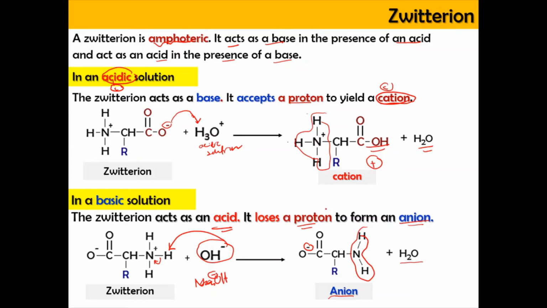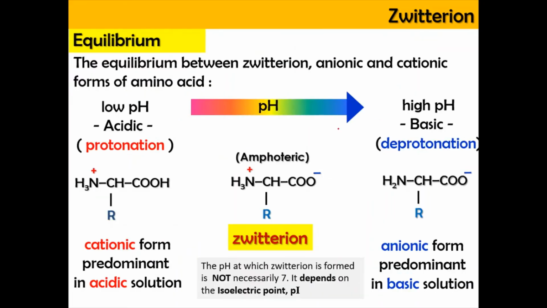Okay, so acidic, just remember C, and then you will get the cation. Alright, and this is the summary of the equilibrium. So you know that at amphoteric, the zwitterion is going to exist as positive and negative charge. So when it is at acidic condition, it will undergo protonation, where the negative charge is going to attract hydrogen in order to form COOH. And as a result, it's going to be positive charge, where it refers to a cation